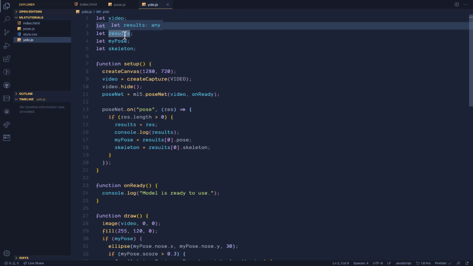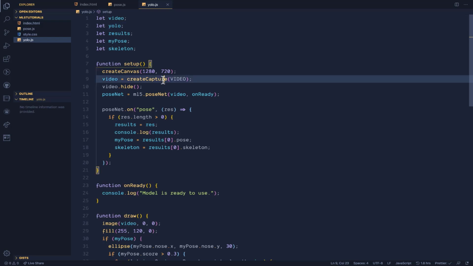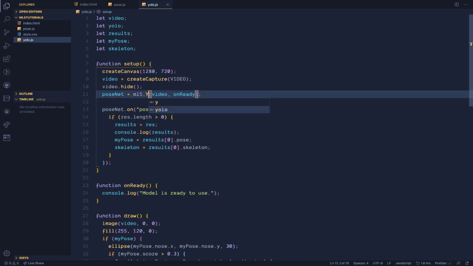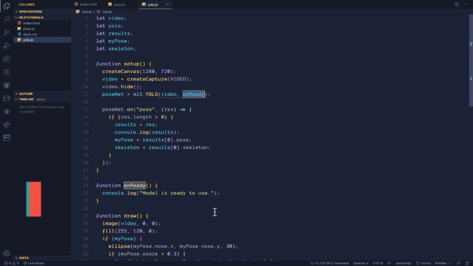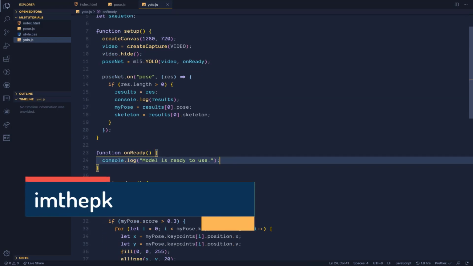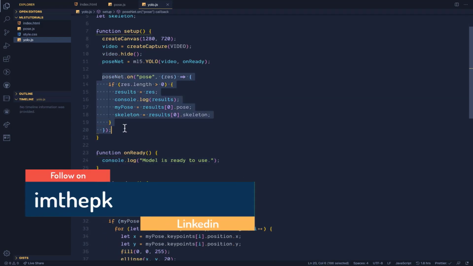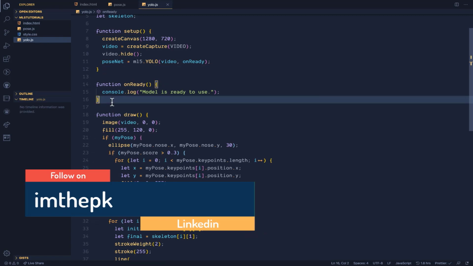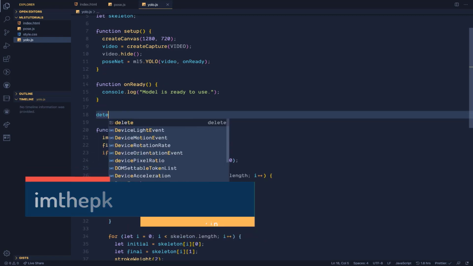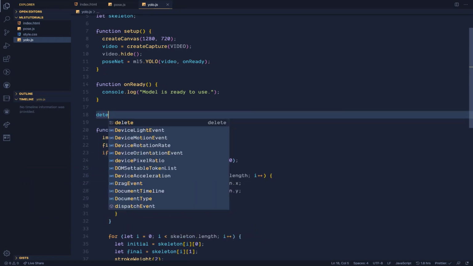And then what we can do, we will capture the video as well. Rather than ml5.PoseNet, we can actually say YOLO. So YOLO will also take this video, and on ready it will say model is ready to use. But rather than doing this here, we can actually do the detection over here. So it actually has something called detection. So we can say detection, so detect,